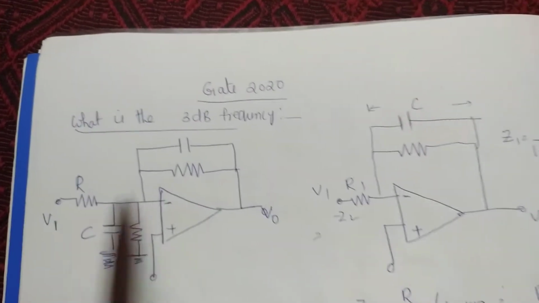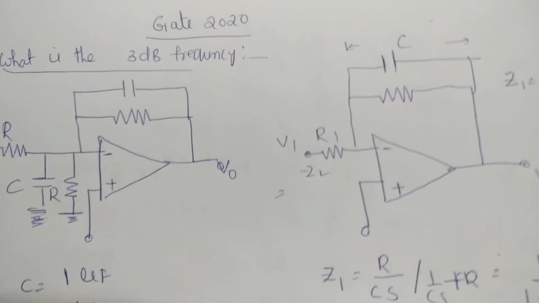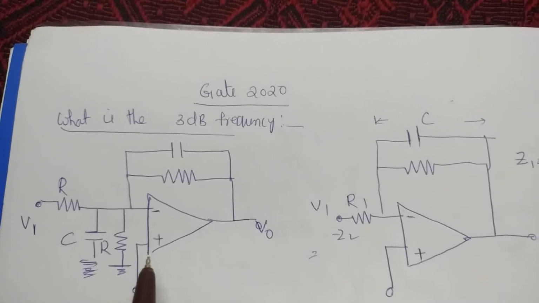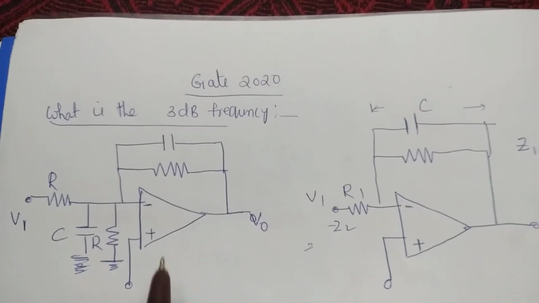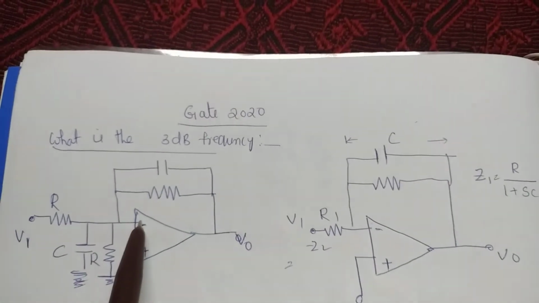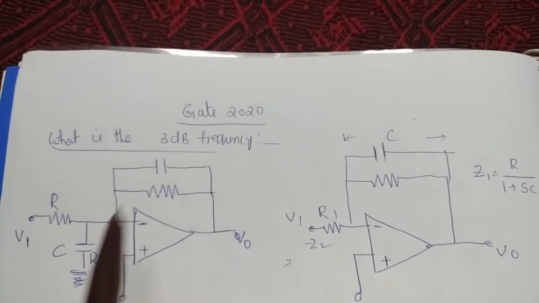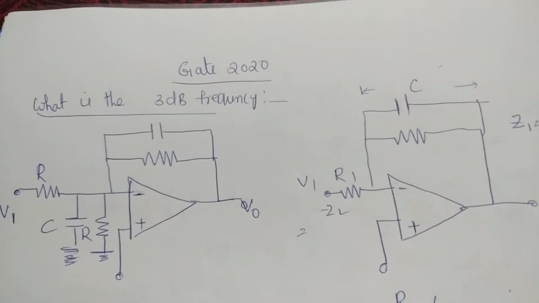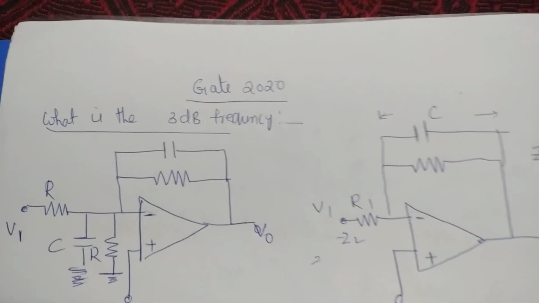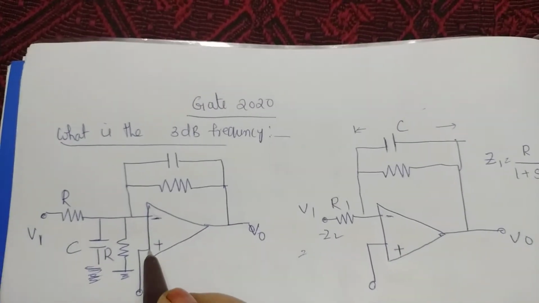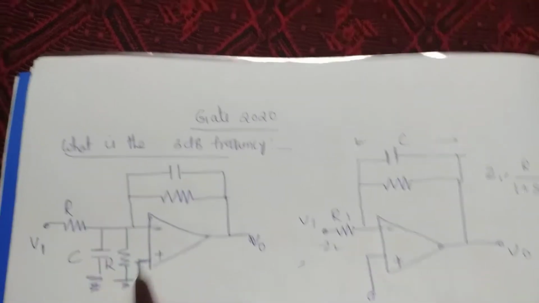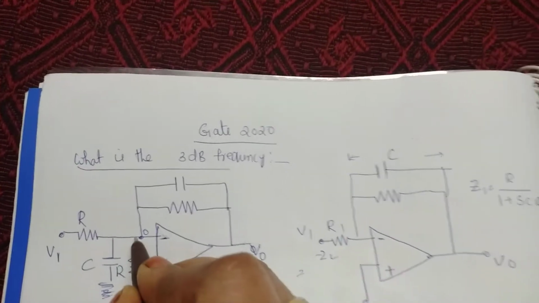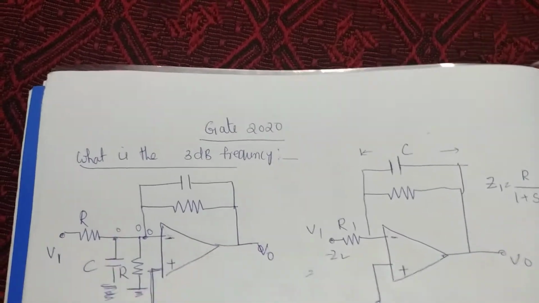This is an operational amplifier. If you know the basic concepts of operational amplifiers, first you have to identify what type of feedback circuit it is. The output is connected to the negative inverting input terminal, so this is negative feedback. Whenever an operational amplifier has negative feedback, we apply the virtual ground concept. Based on the virtual ground concept, the non-inverting terminal is grounded, so this node is also at 0, the same potential. So this voltage is 0, and this voltage is also 0.